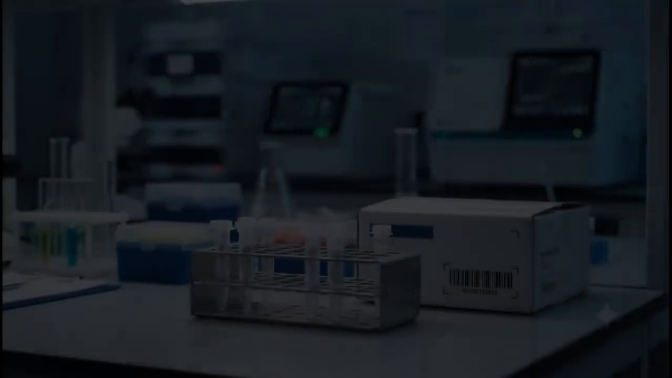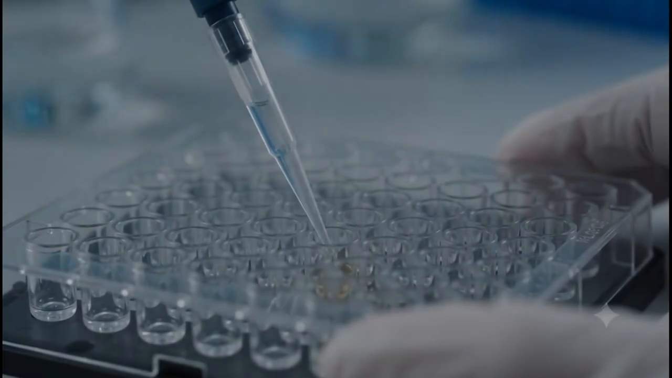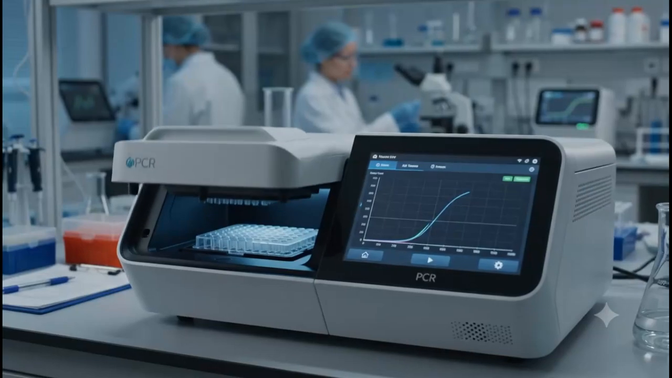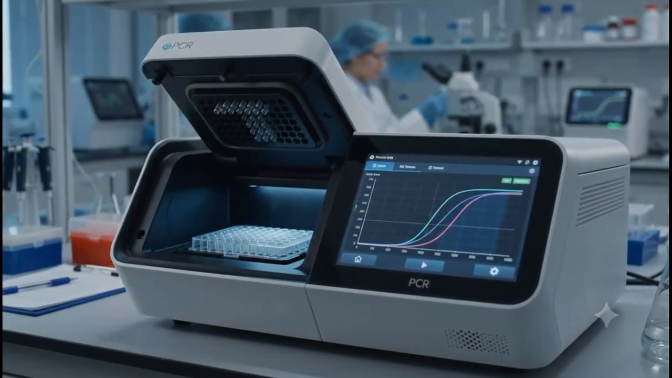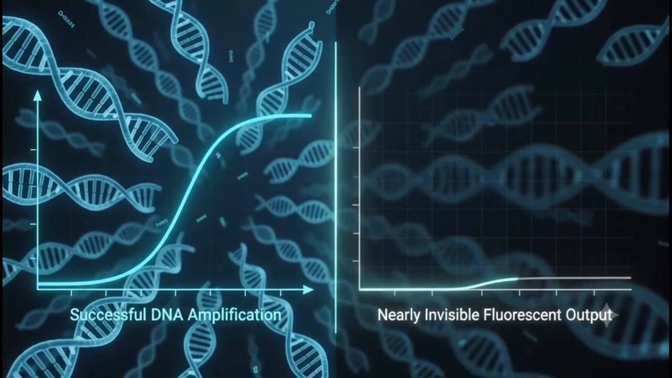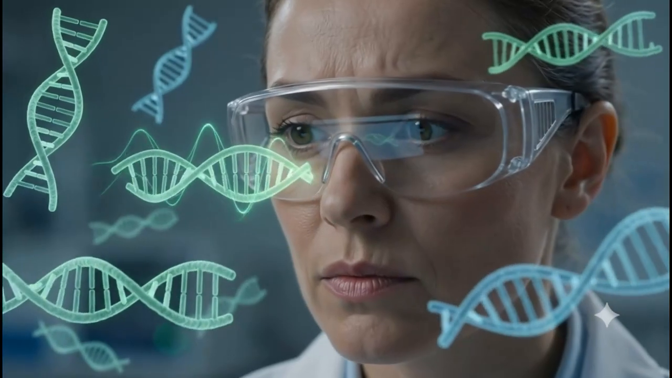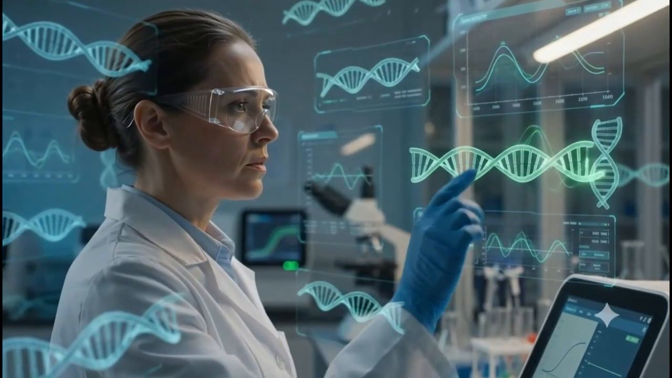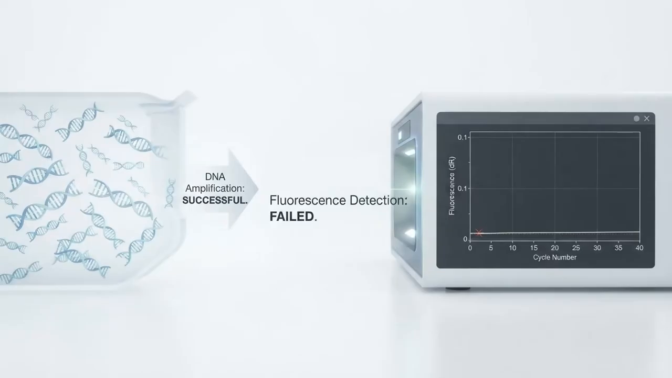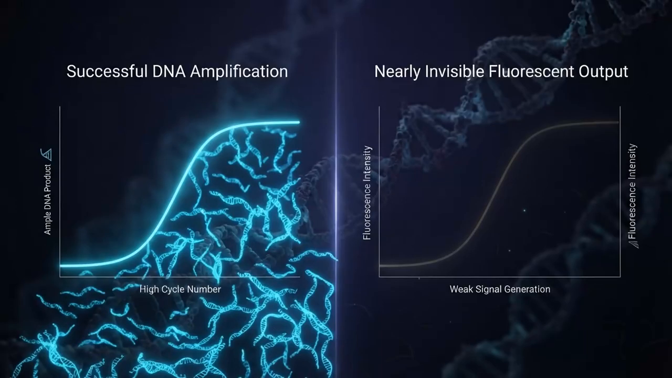Imagine designing the perfect qPCR primers, ordering them, running your experiment, seeing beautiful amplification, but almost no fluorescence. The PCR worked. Your target DNA was amplified, yet your instrument detected almost nothing. How is that possible? Because in a TaqMan assay, primers amplify the target DNA, but the probe generates the fluorescent signal. A poorly designed probe can dramatically reduce fluorescence, increase background noise, or even make a successful PCR reaction appear